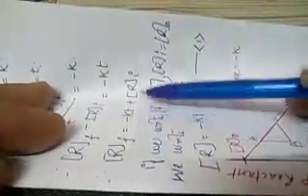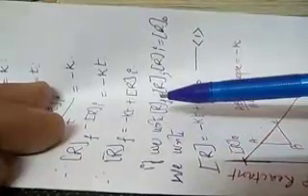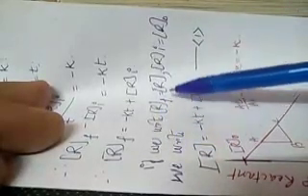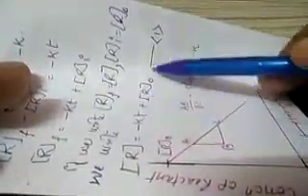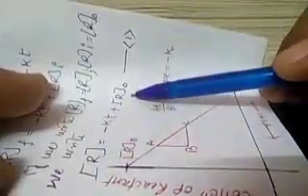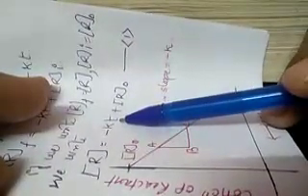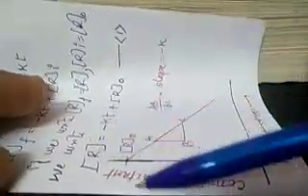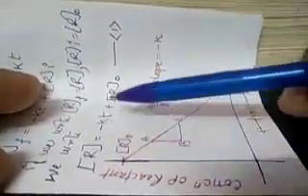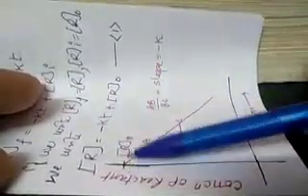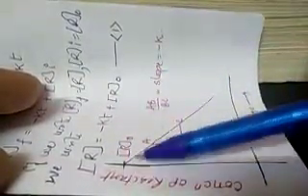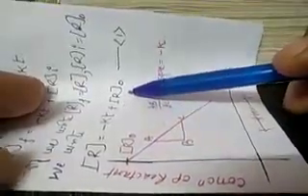Now if we write R final as [R], and R initial as [R]0, then we can write [R] is equal to minus kt plus [R]0. If we compare this equation with y is equal to mx plus c, your slope is equal to minus k. On the x axis you take time, on the y axis you take [R], the concentration of reactants, and c is the y axis intercept, the point where the graph intersects the y axis, known as [R]0.